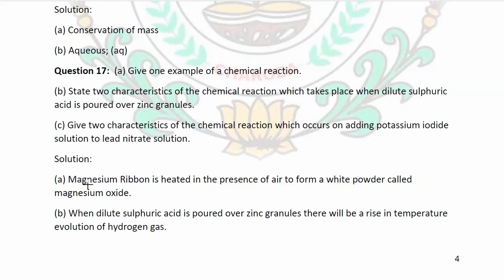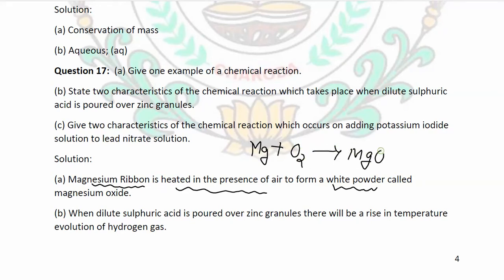So for the first example of a chemical reaction we are taking magnesium ribbon. Okay, magnesium ribbon is heated in the presence of air. When we heat the magnesium ribbon in the presence of air, a white powder is formed. Okay, a white powder is obtained, which is magnesium oxide. So the chemical reaction here becomes Mg plus O2 gives MgO. In order to balance it, 2 will be added here, 2 here. So it will become 2Mg plus O2 gives 2MgO. Okay, so this is the chemical reaction where the white powder is nothing other than magnesium oxide, which is white in color and powdered.